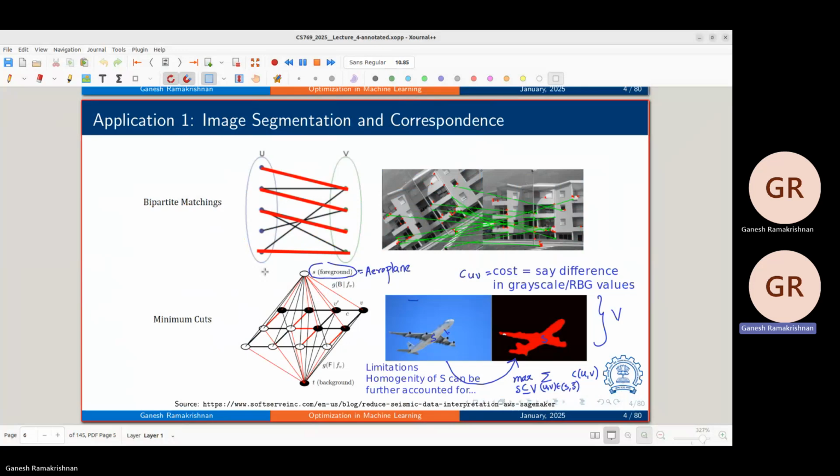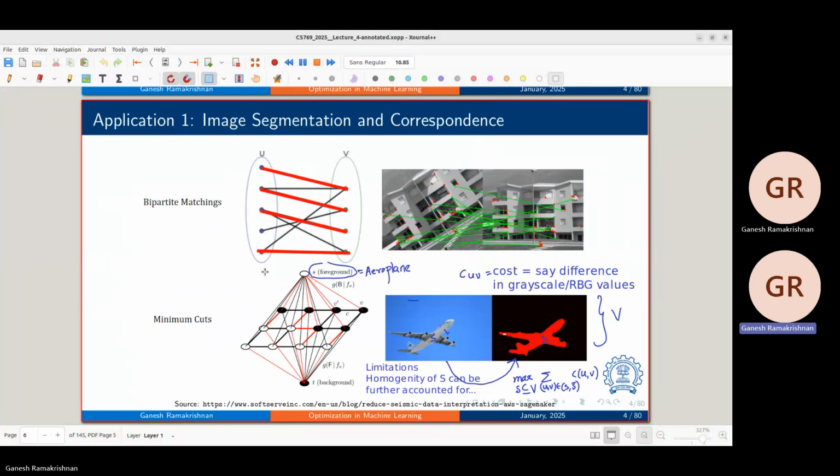So that's why I deliberately showed a pixel inside and a pixel outside. You would see that there's a big difference. The gradient is high. For example, you could measure it as the difference in simply the grayscale or RGB values. And what you're trying to do is identify a subset S from this image such that the sum of all the weights associated with edges within S should be as